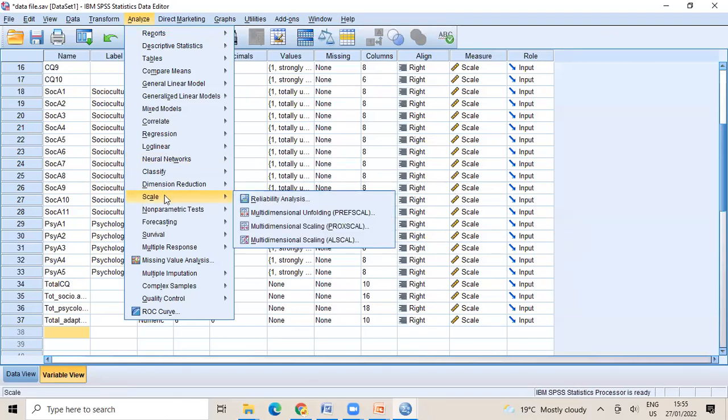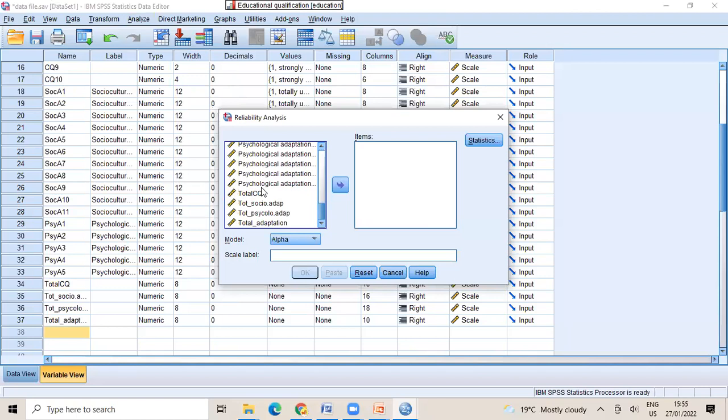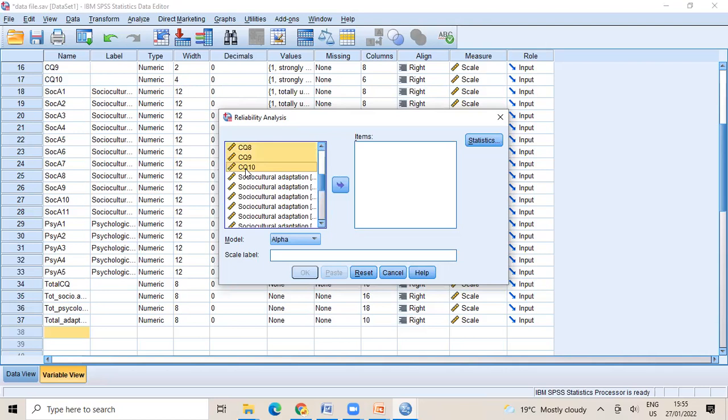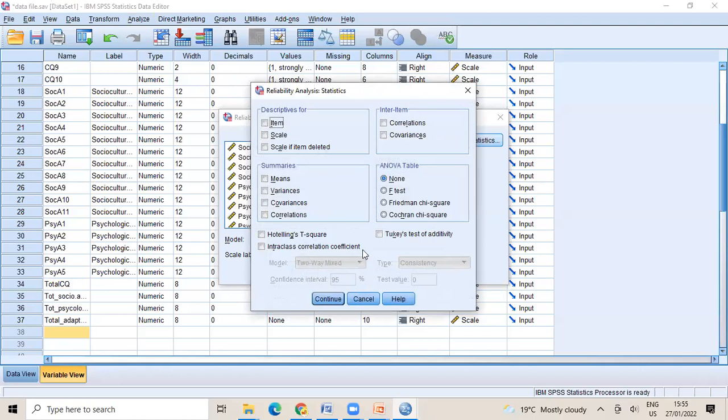See, here it is, scale reliability analysis. Yes, ma'am. So you do that, and reliability and validity is very, very important. Again, in reliability analysis, you have to enter the items of the scale. For each scale, the items will go separately. Ma'am, this is the CQ scale. It goes here. How do you want to measure? Do you want to measure through alpha? Do you want to do split half? Do you want to do parallel, strict? Then what kind of statistics do you want? All of this is necessary.